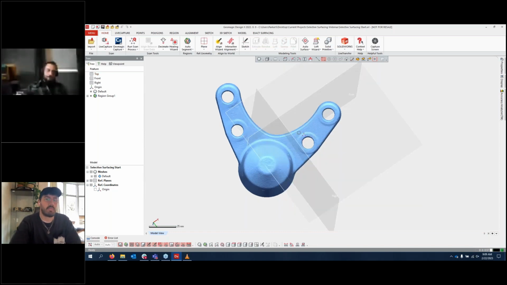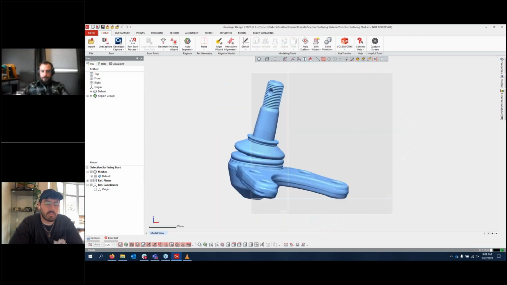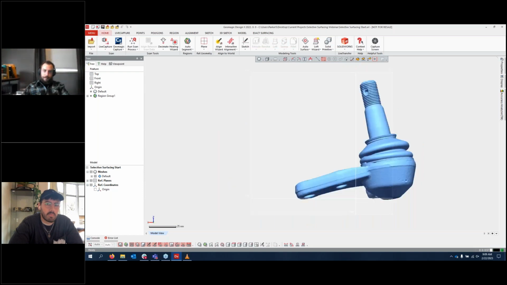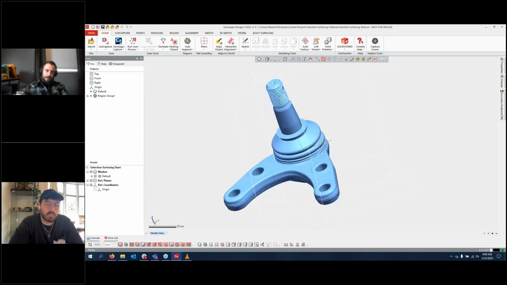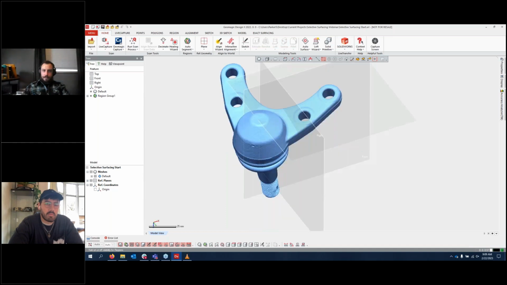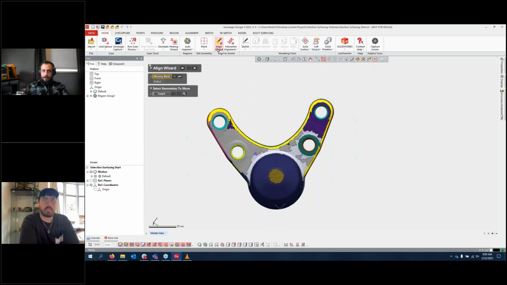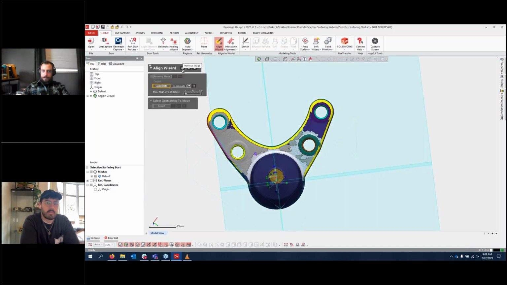Before we do that, of course, this is a part that is not oriented to the world, right? If I use my standard Alt 1, 2, 3, 4, back, front, left, right views, etc., it is not oriented to the world. So just good practice with any file inside of Design X is to orient the file to the origin before we do any modeling, right? So I'm going to show my regions here, and I'm going to see if the Align Wizard can work for me, right? Tells me it's going to put an origin right about there,